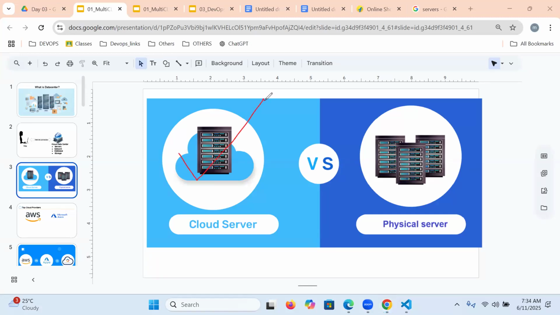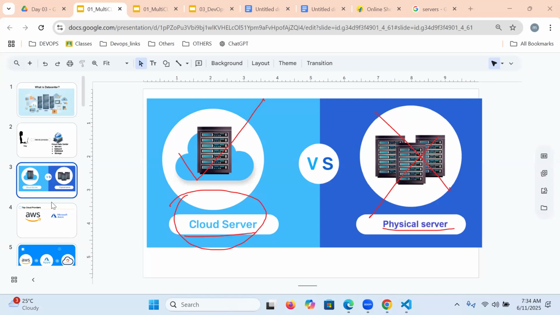For deploying a Flipkart kind of application, whatever infrastructure we require, we can get it from the cloud and pay based on usage. We are not buying any physical servers. We are not maintaining anything. If we go for cloud, whatever infrastructure we require, we can get it based on usage, and we pay rent.